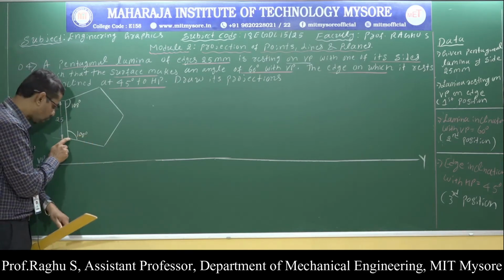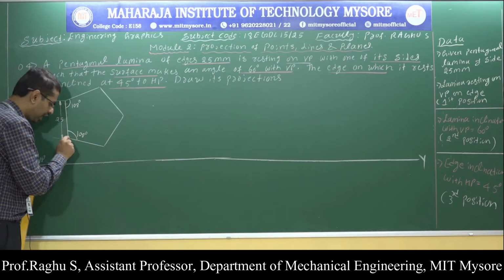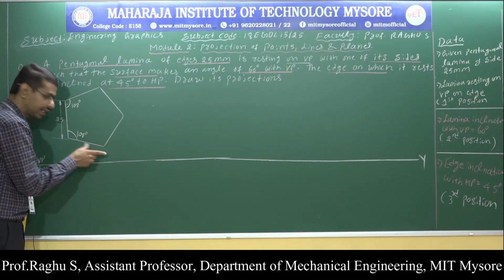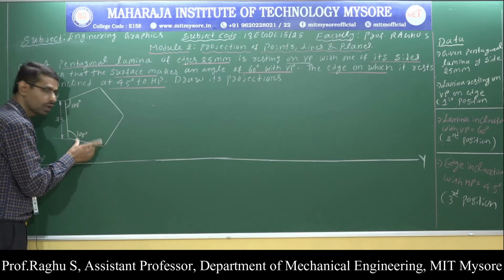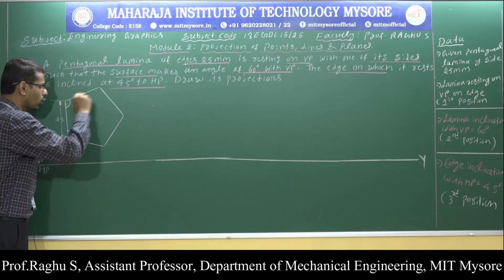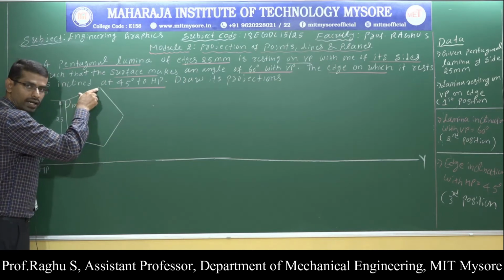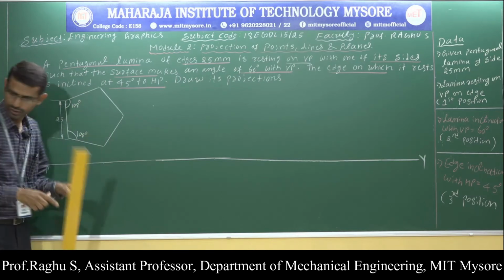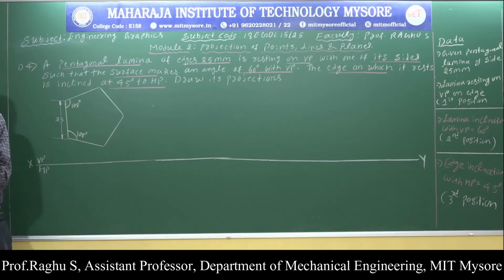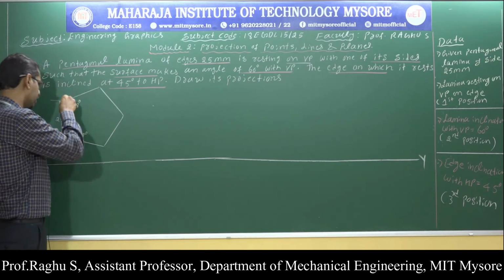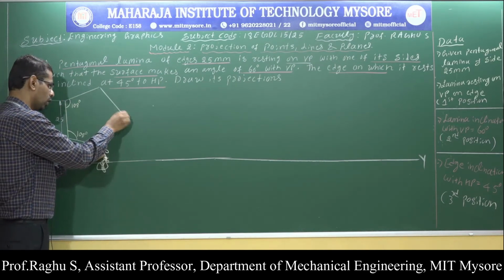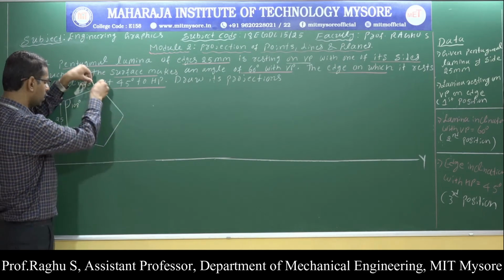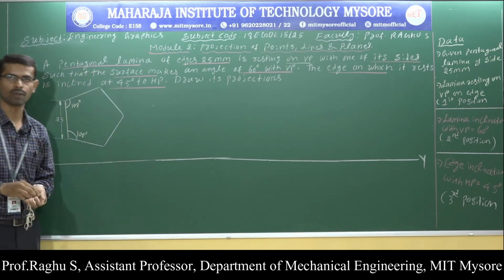Next, place the protractor at this point. Take 108 degrees at a length of 25. Next, place the protractor here. Take a 108 degree obtuse angle, then at a length of 25 mm. Next, using the compass, take 25 mm length from here, cut an arc, and from here cut an arc to construct the pentagonal lamina.